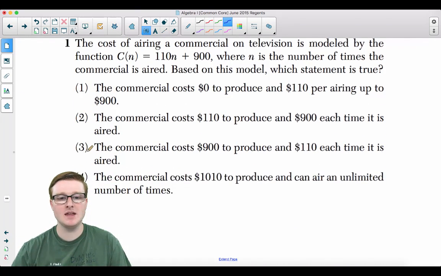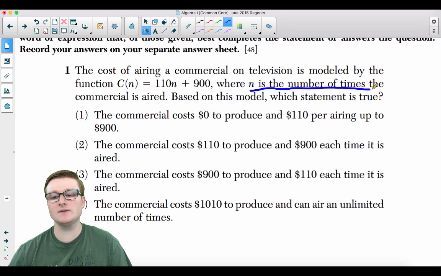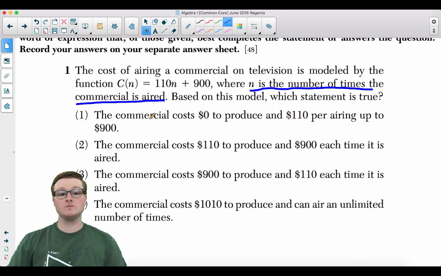All right, here we go. Number 1. The cost of airing a commercial on television is modeled by the function C of n is equal to 110n plus 900, where n is the number of times the commercial is aired. Based on this model, which statement is true? Okay, so